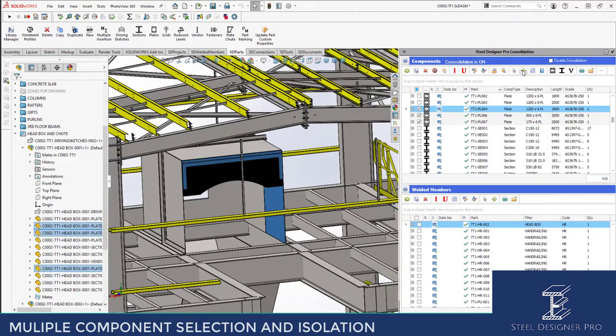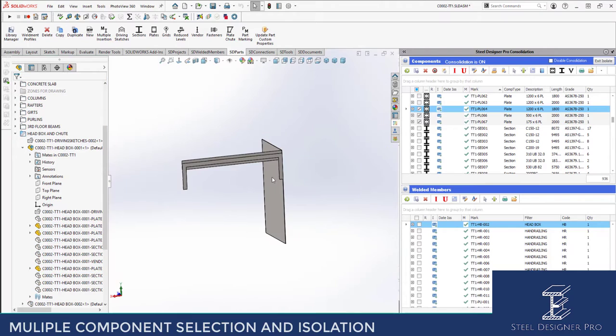You can also isolate components using the same process. So if we've got them selected, you select the isolate tool, you can see that the 3 plates are there. Exit the isolate,